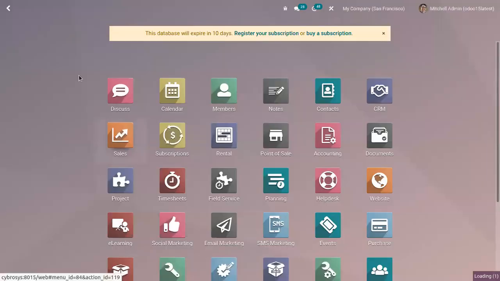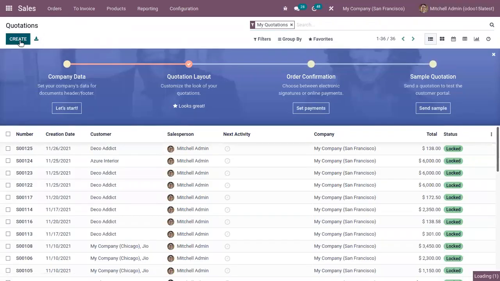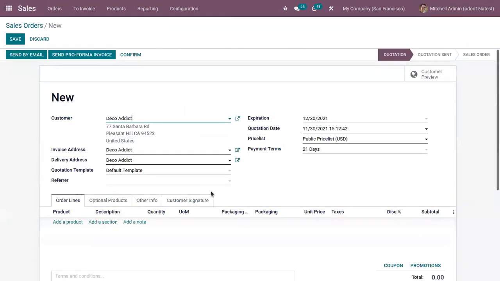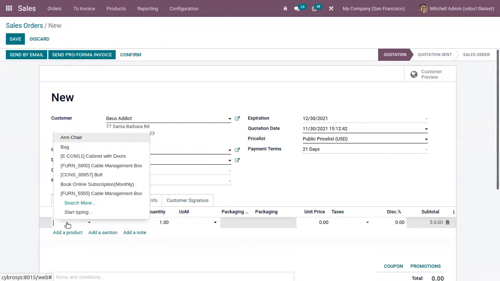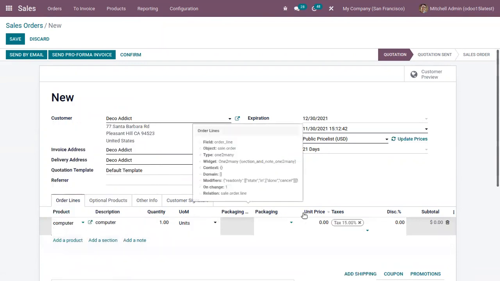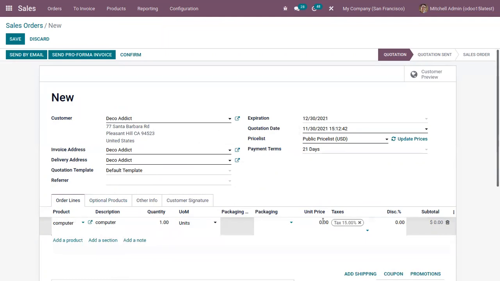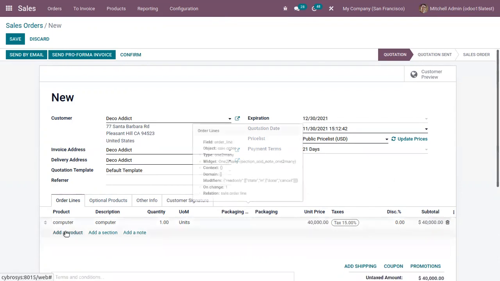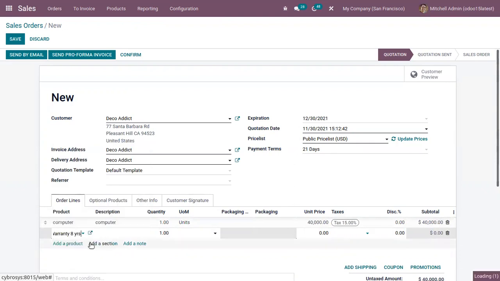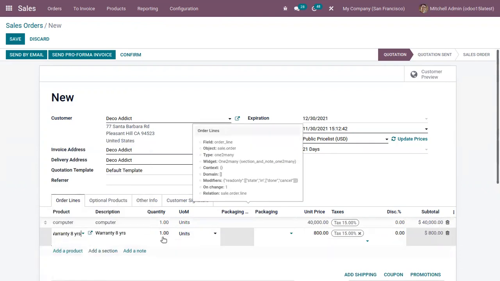Now let's open the sales module and create a sale order. Like if a customer came and purchases a product, computer, and here we can add the service for the product, warranty 8 years.